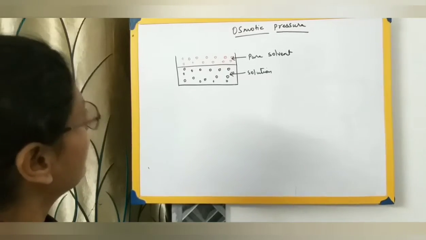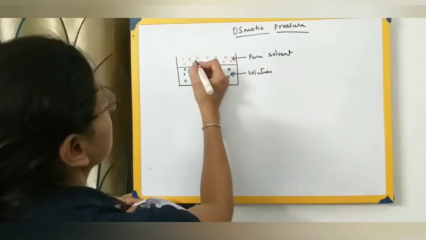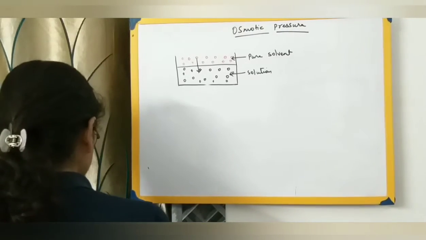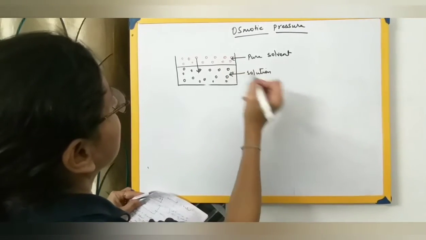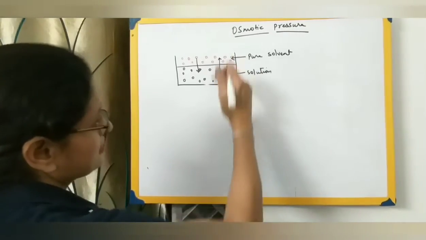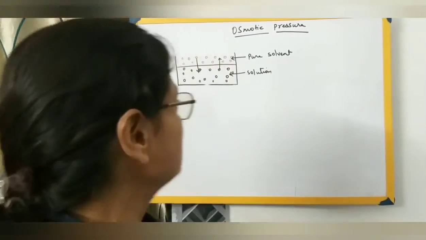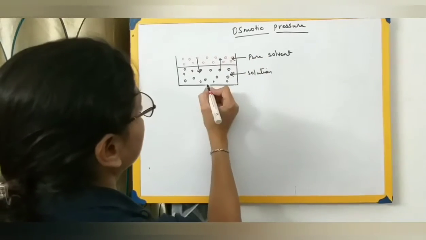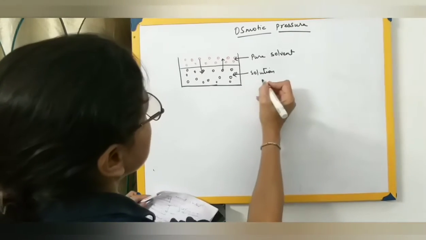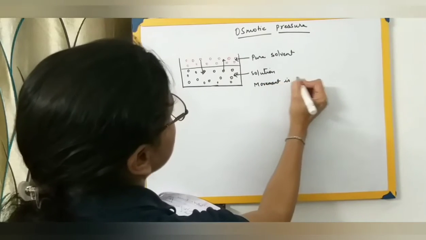Now what will happen after some time, as these two liquids come in contact with each other? The pure solvent particles will start moving in the downward direction, and the particles from the solution will start moving in the upward direction. So this gets mixed up totally until an equilibrium has been attained. That means the particles from both sides keep on moving until an equilibrium is attained in this container. So we can say this movement is bilateral.